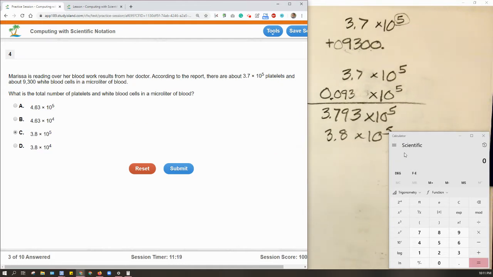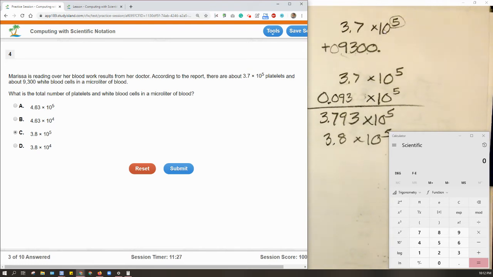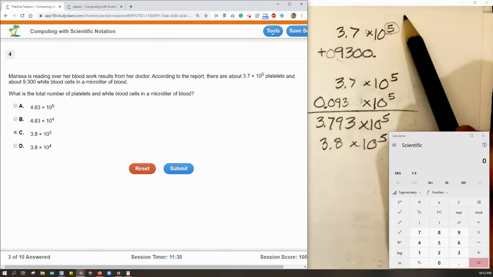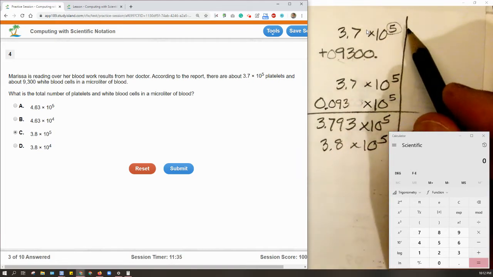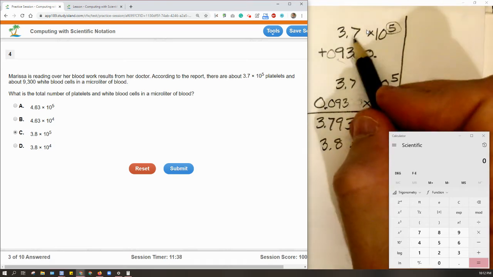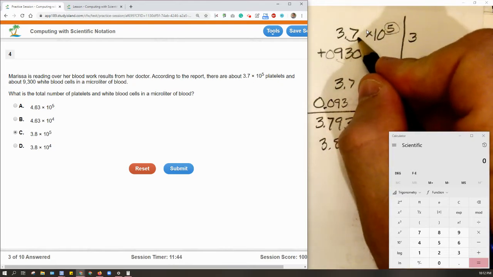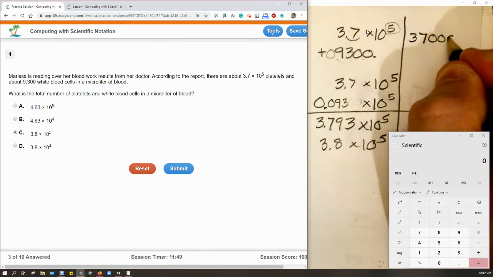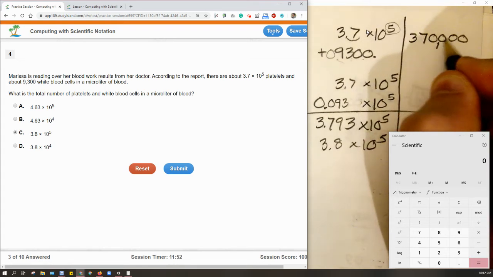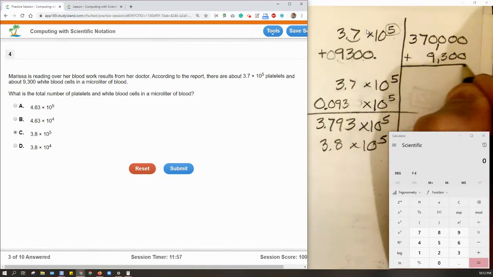Now, there's a couple other ways to do that. Instead of converting the 9,300 into something that has times 10 to the fifth, we can convert the 3.7 times 10 to the fifth into a regular old number in standard notation. Let's do it again so that we have multiple ways to do this type of problem. What is 3.7 times 10 to the fifth? Simply move your decimal point over 5 spaces. That's multiplying by 10 5 times. So we get 3, moving it once goes on the other side of the 7, so 7. And then I need 4 more spaces, so I put 4 space filler zeros. So I have 370,000, plus 9,300. And when I add those together, I get